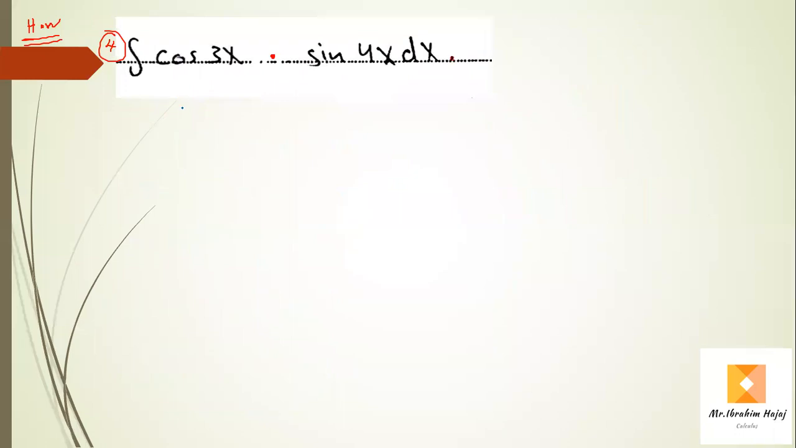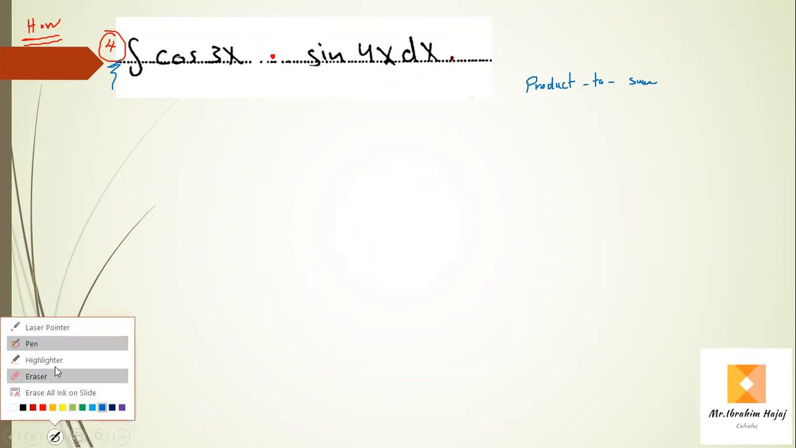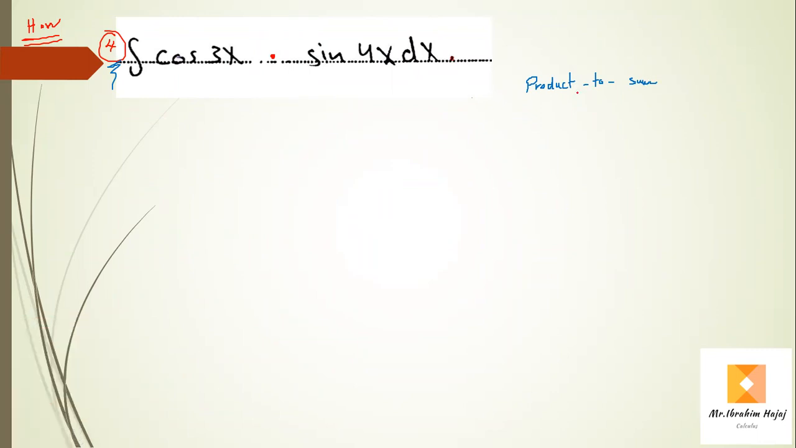The last question in your homework for us today, guys, we called it question number 4: the integral of cosine 3x times sine 4x. Yes, here, how to convert the product to sum. We have to make it a sum. We have to convert the product to what? To sum. So from the rules, we know that sine A,